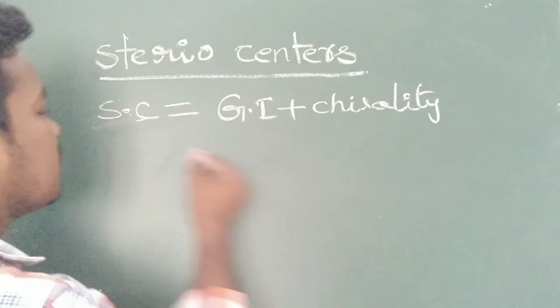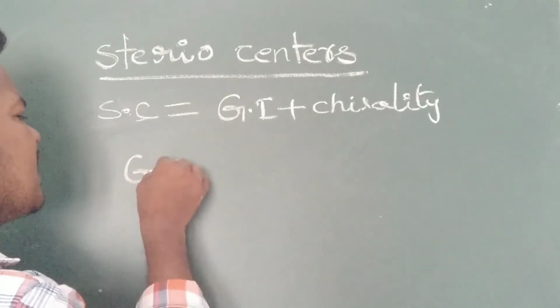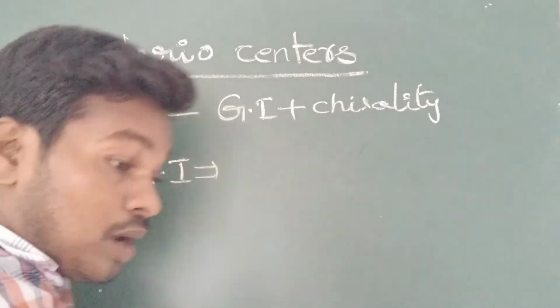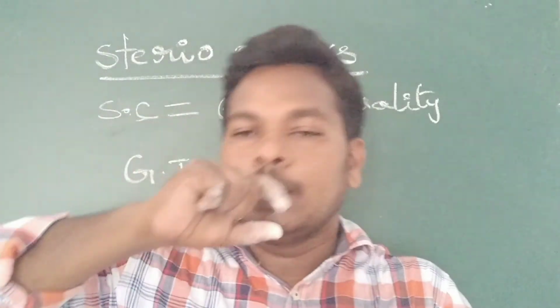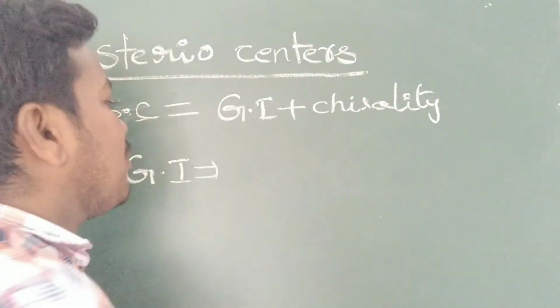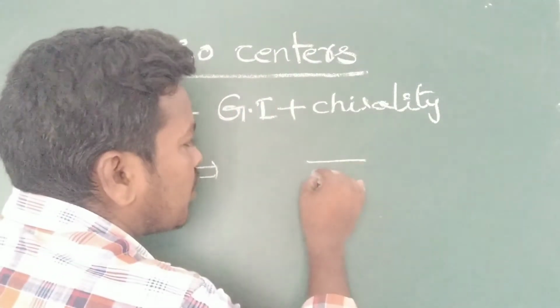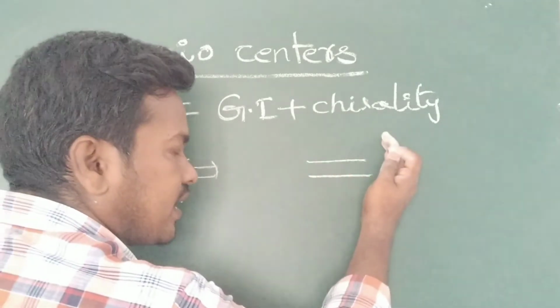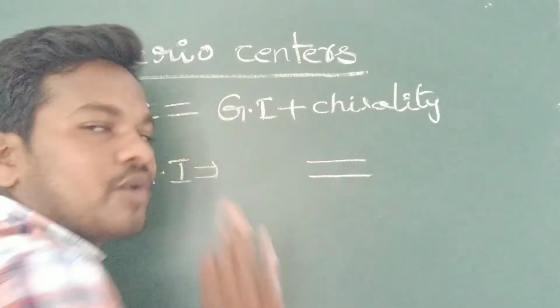One more thing, in geometrical isomerism, the double bonded system is a restricted system. In the double bonded system, whether you take carbon on this side or nitrogen, whatever it may be,